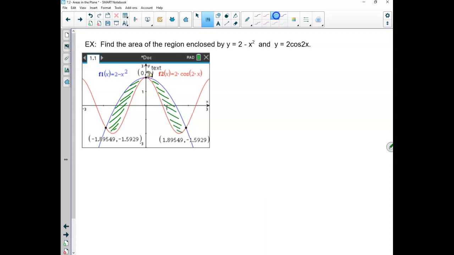And I know the cosine is symmetrical about the y-axis, so it's an even function. I know this parabola, because the vertex is on the y-axis, is symmetrical, so I have 2 even functions. So I actually have 2 ways I can do this. Okay? I have multiple ways I could do this, actually. The fastest, easiest way is I'm going to look at the integral from my a, which is negative 1.895 to my other limit,